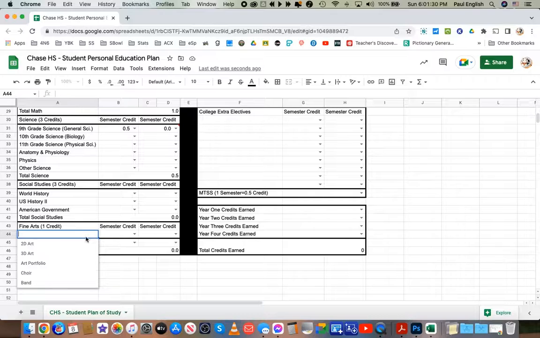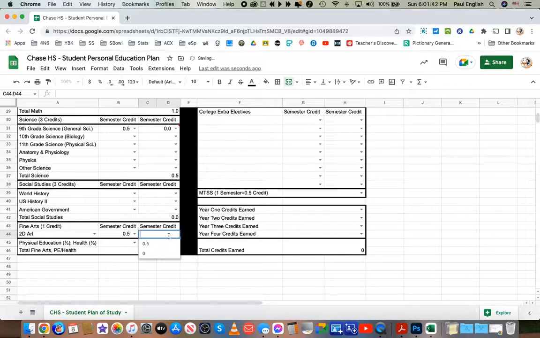And I tried to list what I thought most of the students had in their transcripts, but if there are other options, I will go ahead and add those in. But let's say that they did take 2D art both semesters and passed,